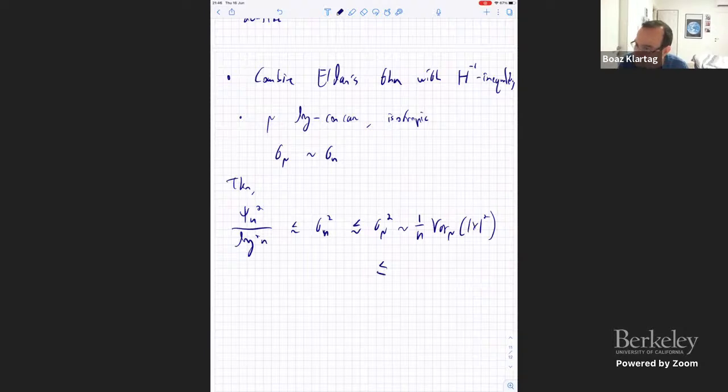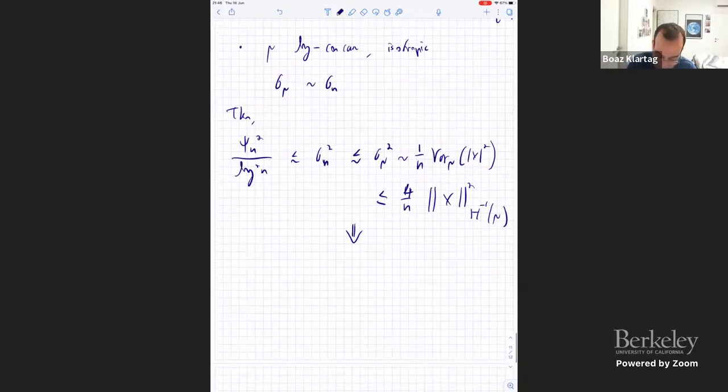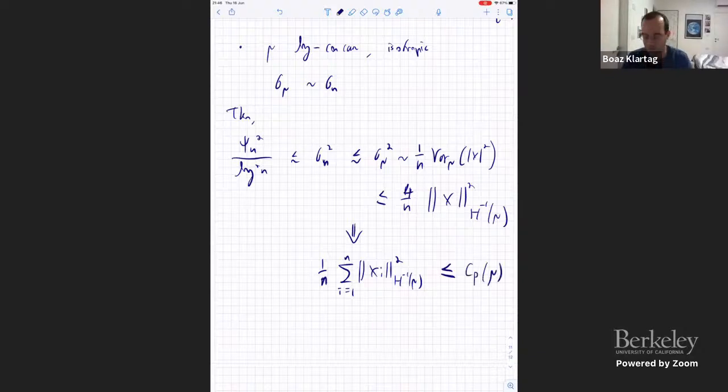It's 2x, right? So this is at most 1 over n times, I'm sorry, 4 over n times the H minus 1 norm of this random vector x, right? That's something helpful. So this implies that the H minus 1 norm of x is the average of the H minus 1 norms of the coordinate functions, which have mean 0 because the measure is centered. A trivial fact is that this is exactly bounded by the Poincare constant,